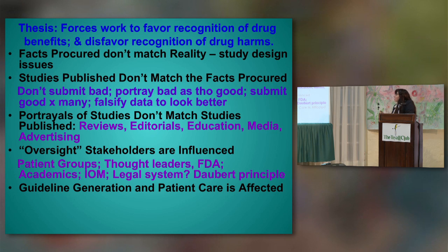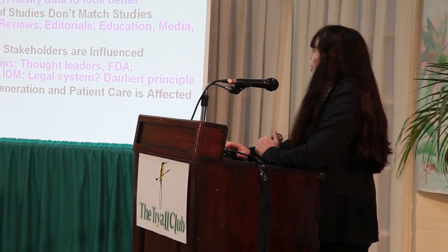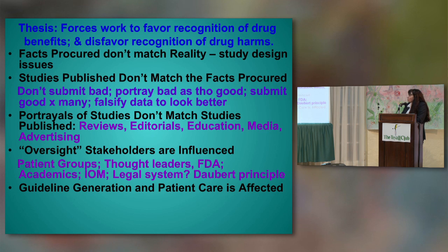So the thesis is that there are forces that work to favor recognition of drug benefits and disfavor recognition of drug harms. Facts procured don't match reality due to study design issues. Studies published don't match the facts procured through this failure to submit bad results, portrayal of bad results as though good, submission of good results many times, and even falsification to make data look better. In turn, the portrayal of studies doesn't match the studies that are published, portrayals including reviews, editorials, education, media, and